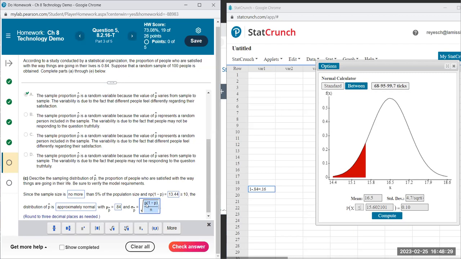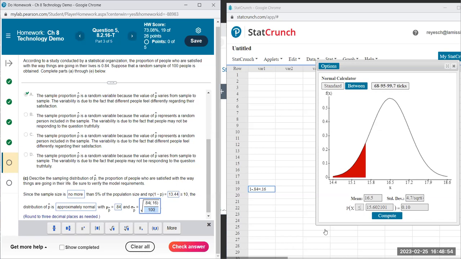And then P for mine is the 84%, and my 1 minus P was 16%. So I can multiply that by 0.16, and then I'm going to divide it by the sample size, which in my problem they said there was 100,